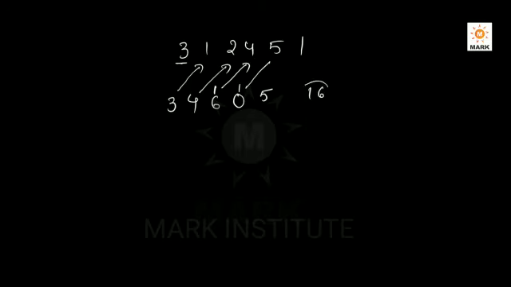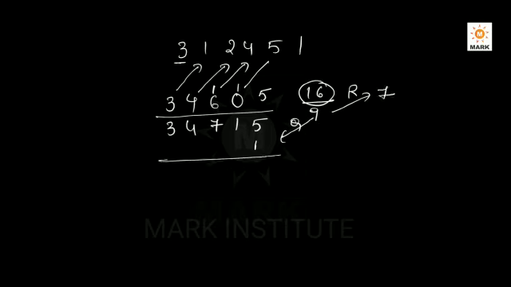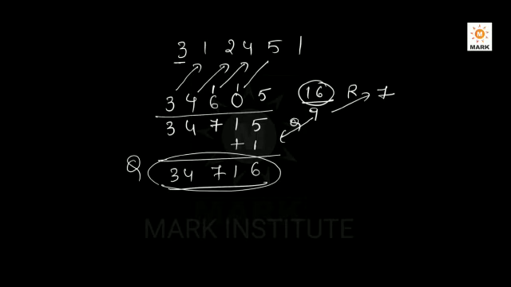So 16 I am writing separately, the final sum. 16 is again divisible by 9, because 16 is still more than 9. So here the situation is 3 4 7 1 5. Here we have to divide it by 9. I divided by 9. Quotient is 1. I am writing the quotient here, again 1. Remainder is, 16 by 9, remainder is 7. So I am adding this number here, 3 4. I can write from here 34716. That means the final quotient will be 34716. Remainder is 7.